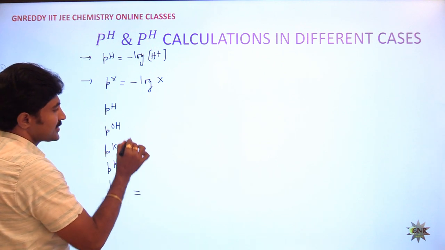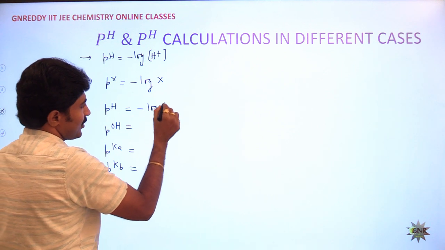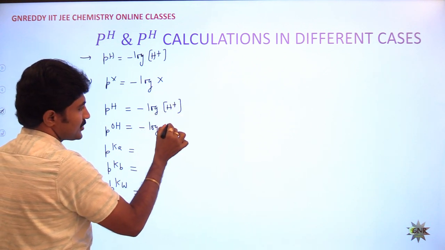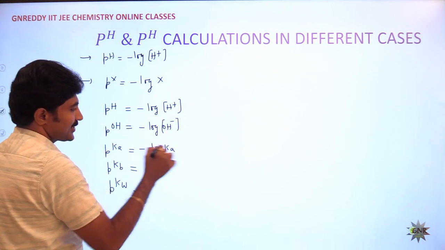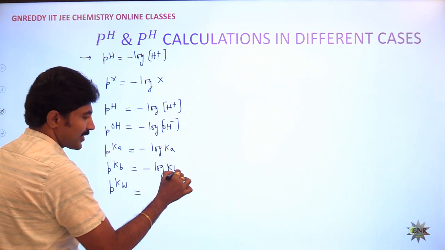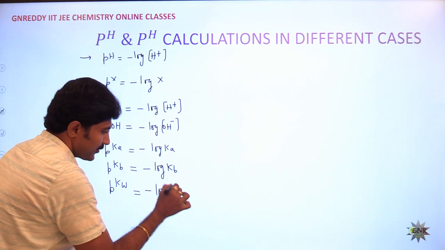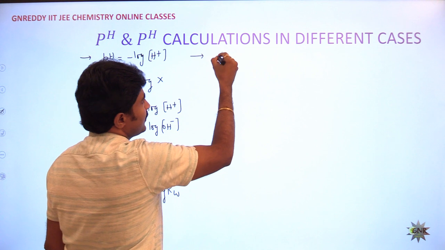In all cases we can express this: pH is minus log H plus, pOH is minus log OH minus, pKa is equal to minus log Ka, pKb is equal to minus log Kb, pKw is equal to minus log Kw. And the generalized equation is